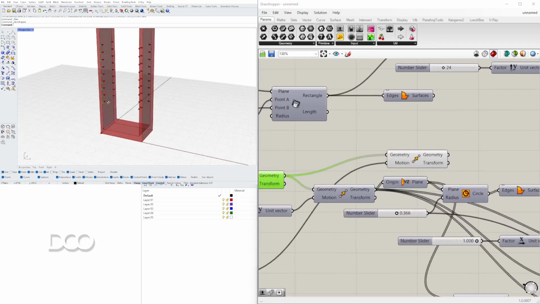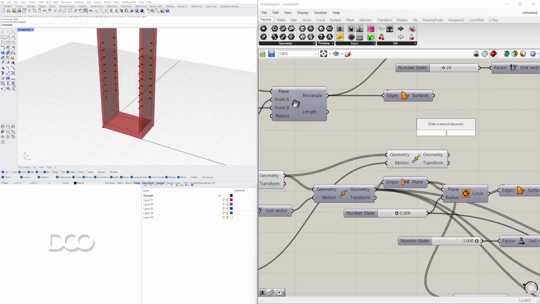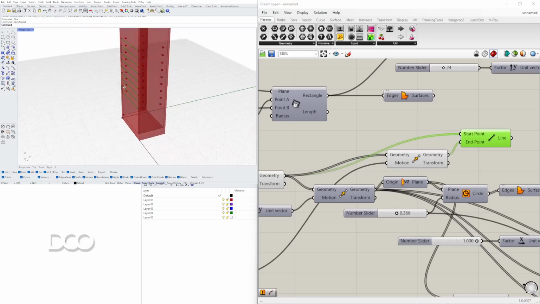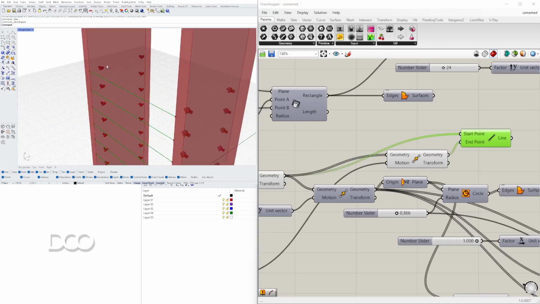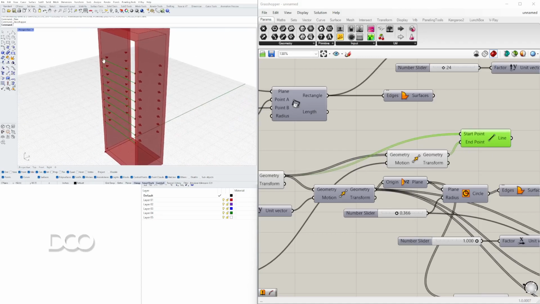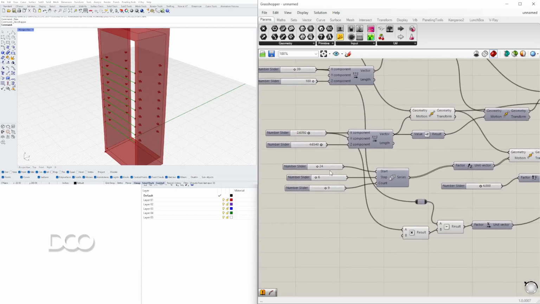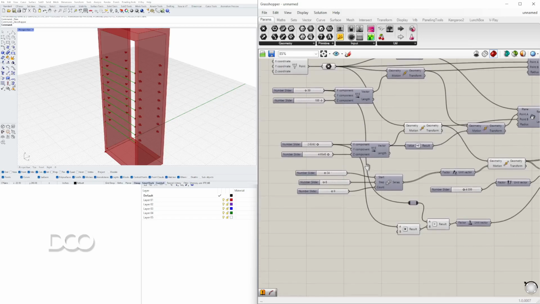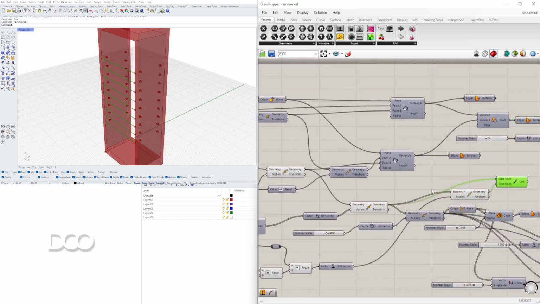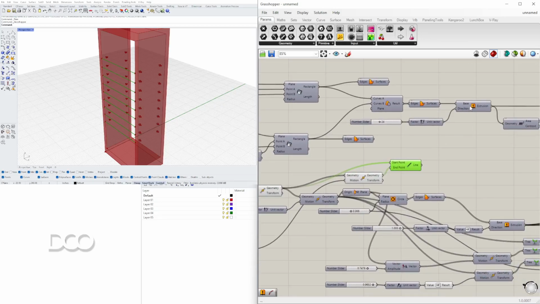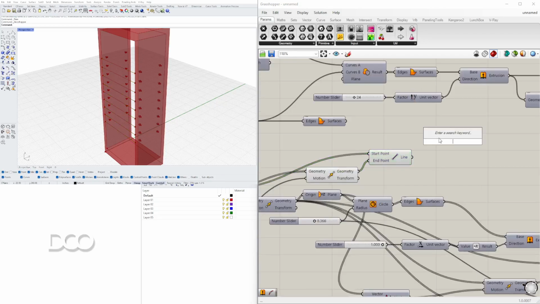And so the reason why I want this is to create a line between those two. So between starting point and ending point. Now we can take this and extrude it the depth of this. So if it's the depth of the extrusion, 24, we can extrude